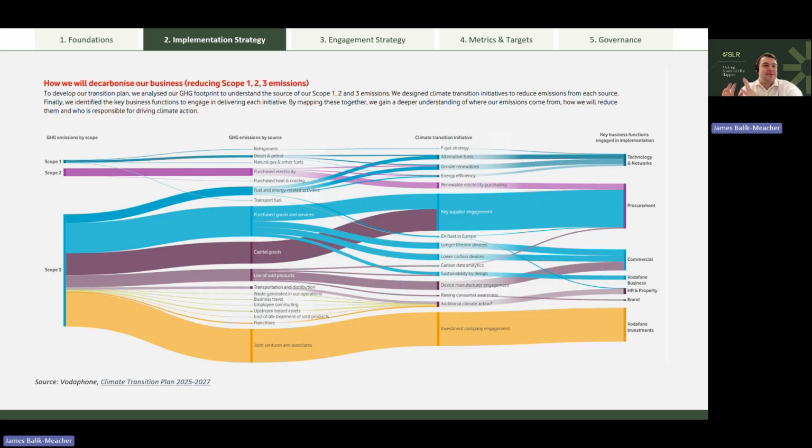They also have a very similar diagram for decarbonisation, which is a little bit more complicated. But again, I think what they do really clearly within here is show which teams are responsible for what. And you can see at a glance, procurement are going to be responsible for the largest portion of their emissions. That much responsibility sits with them. And then they lay out underneath this the details of what each of those different teams are going to be doing.